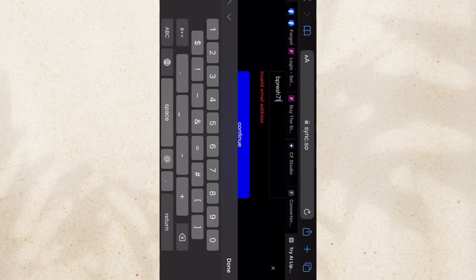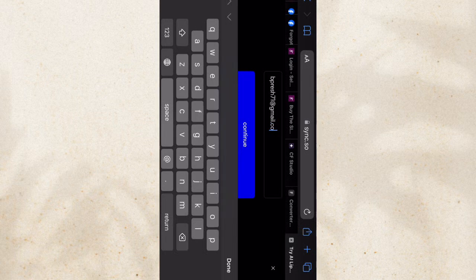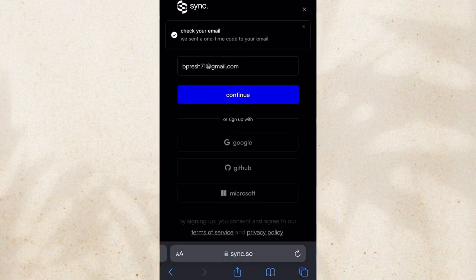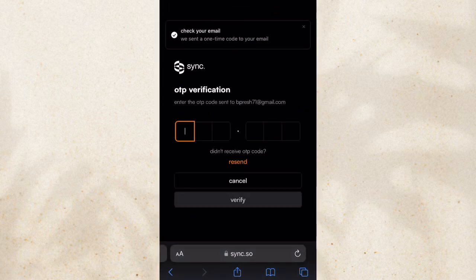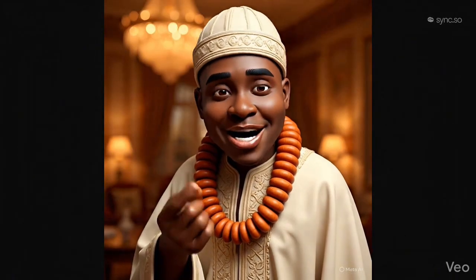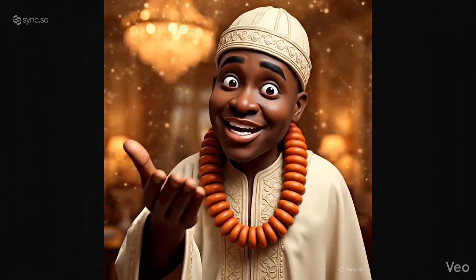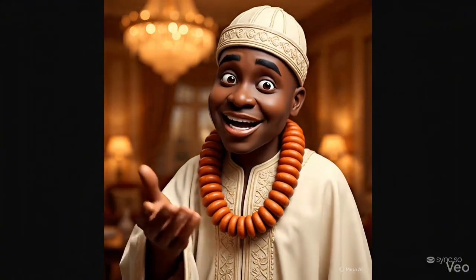After doing that, you have to make sure that you added your email. That is what I forgot. Make sure that you added your email so that it will generate. So after putting your email, you wait for it to generate, and this is the final result. So we will be trying this.